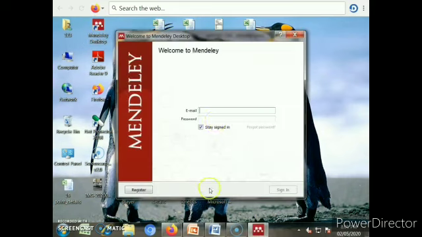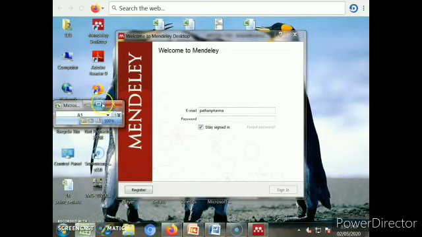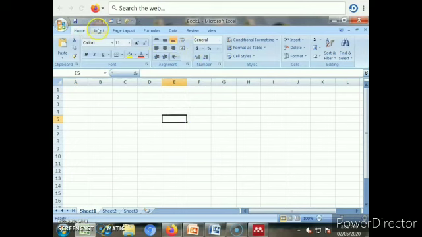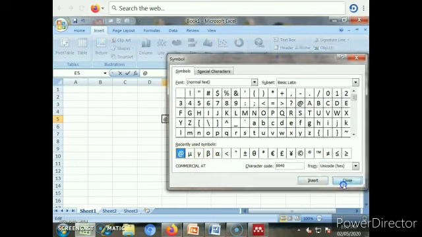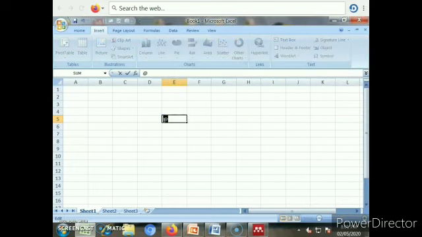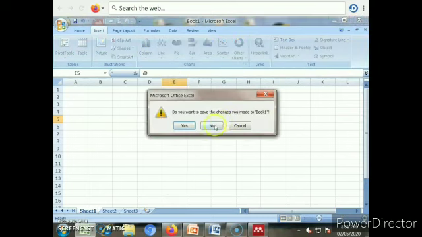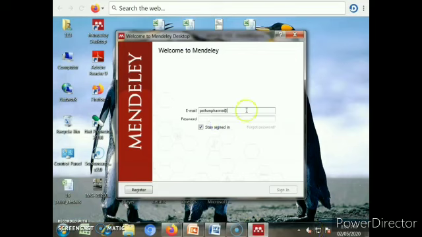In this you have to add your email ID. The email ID and password will be the same as when you created the account; the same email ID and password you have to add here.